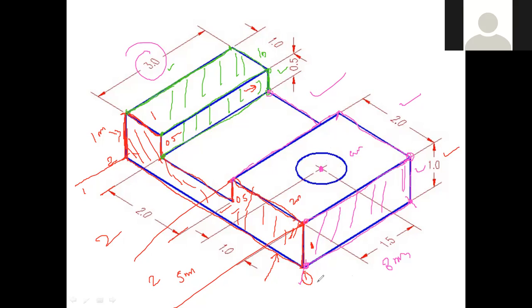Okay, from this point we have to take 1.5, draw one line here. Again from this point to this, it is the 1 mm, and from this point we have to draw this line. We will get the center point, and just you have to remember, in that isometric view don't use the circle to draw that circle.